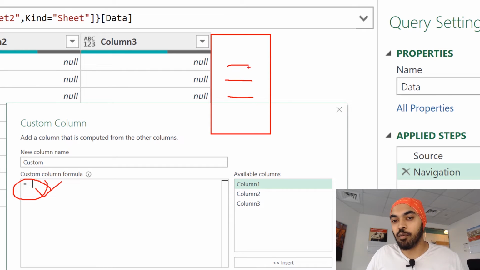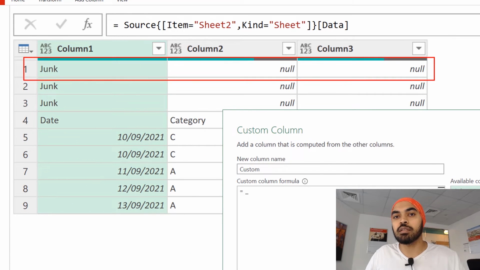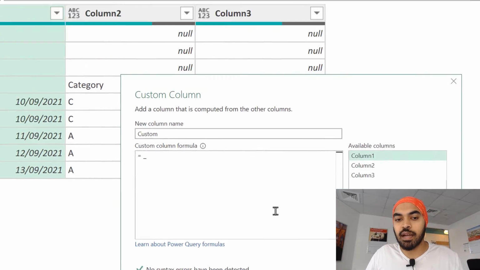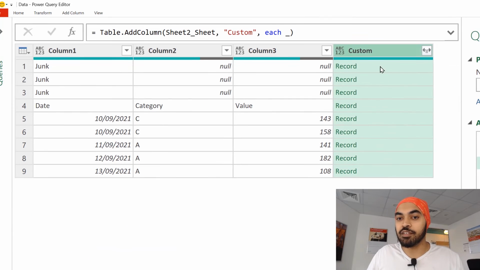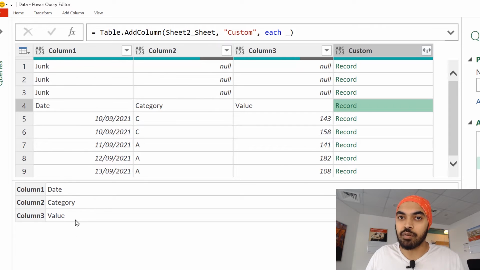So if the formula is working in the first row, it means the first current item, the second current item, the third current item. What is the current item? The current item is the entire first row, which is nothing but the record, right? So if I just write the underscore and click on OK, I get the first record, the second record, the third record, and the fourth record. The values are right here.